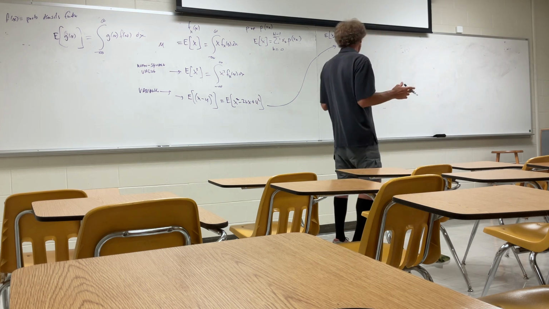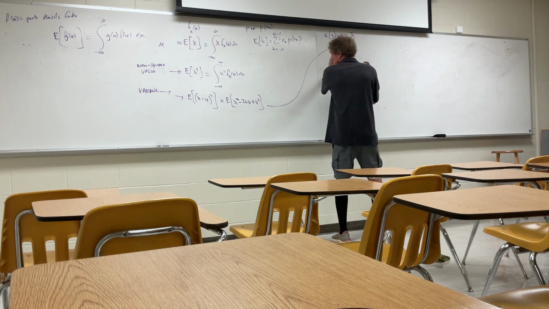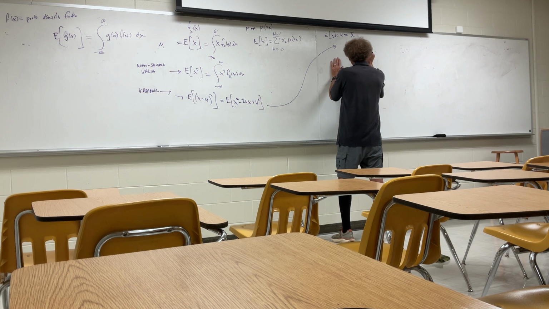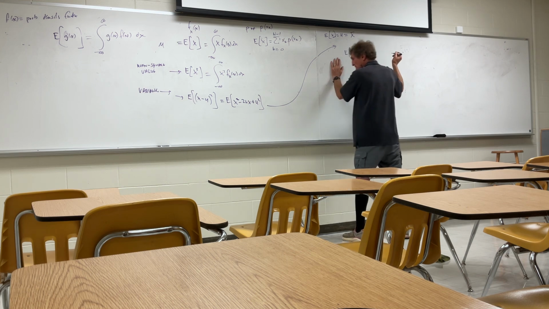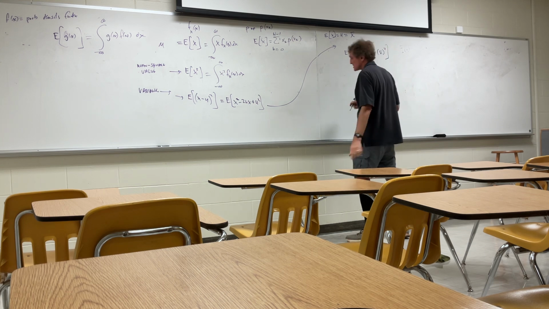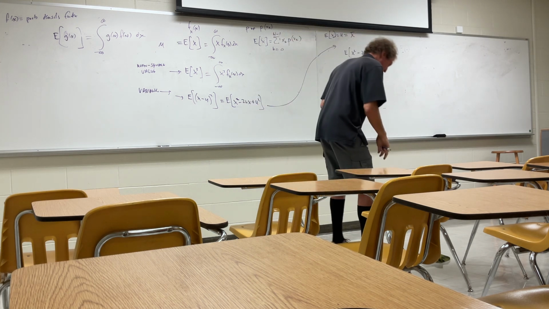Now, if you look at this, and I'm going to use this and bring it over here, what I really have is the expected value of x squared minus 2x times x bar. He does it this way in the book. And then it's going to be plus quantity x bar squared. Just take a look at that and convince yourself what I've written is correct.